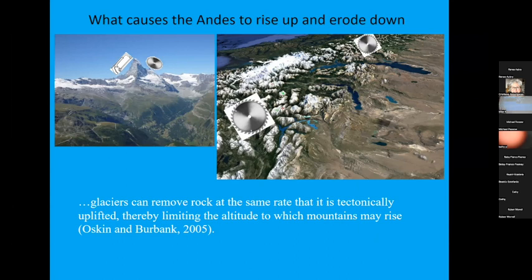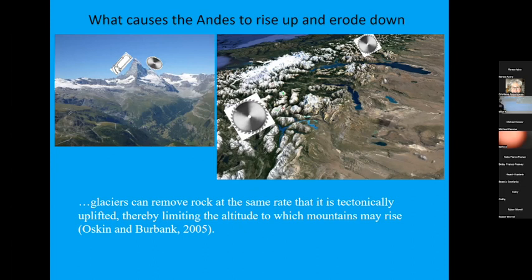And actually, the slide on the left is the Matterhorn, for those who've seen the Matterhorn. Those two little things at the top on the sides of the Matterhorn are the hacksaw and the buzzsaw, because I'm going to introduce something today if you haven't heard of the buzzsaw idea. The buzzsaw idea is that glaciers, because they erode the mountains, cause these shapes like the Matterhorn. They're like a buzzsaw to the mountains, and they limit how high the mountains can get.